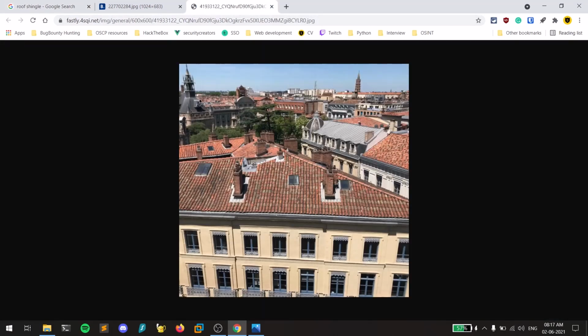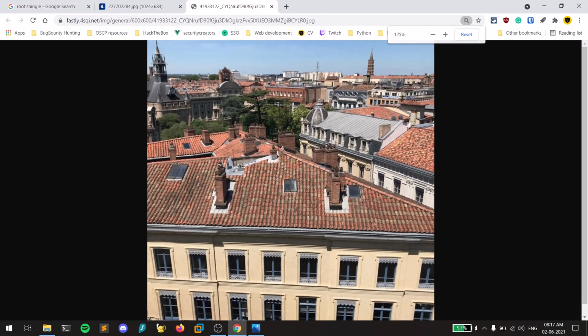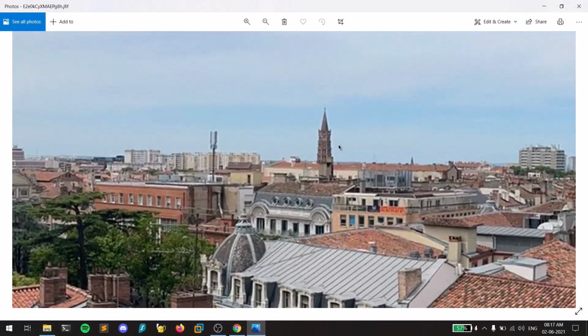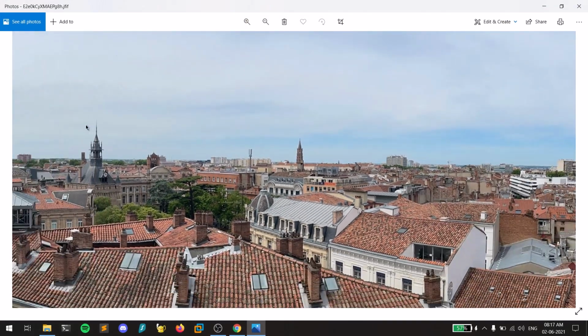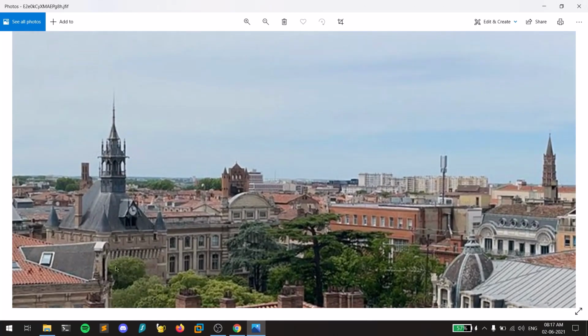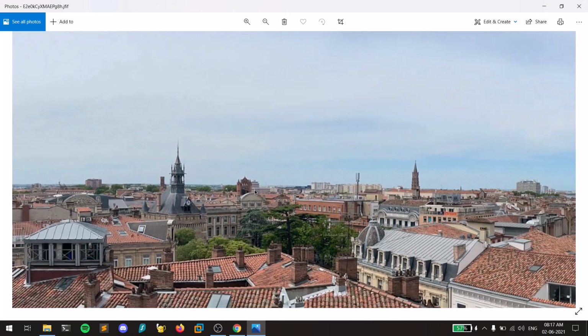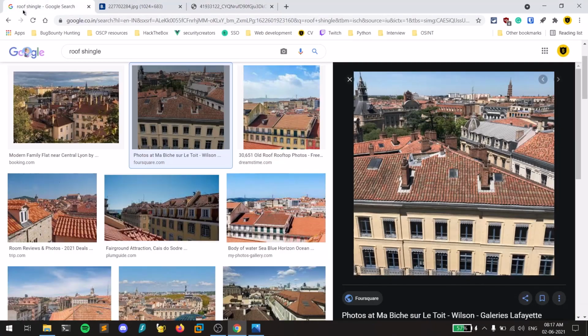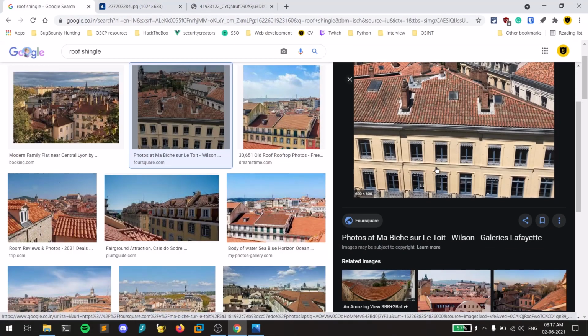If you can see here, we found the buildings, and we also got a clock tower here, or a clock tower-like structure. And we also got this, a tower look-alike that we found in this image. We also found this clock tower, which is unique, and we also find similar buildings over there. So we can conclude that this is the image. This is the image that is similar to ours.